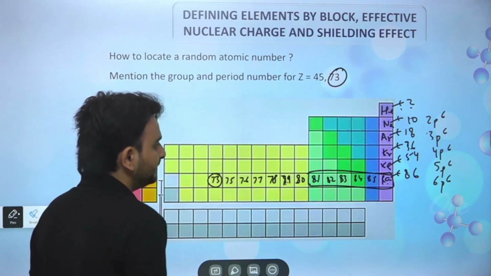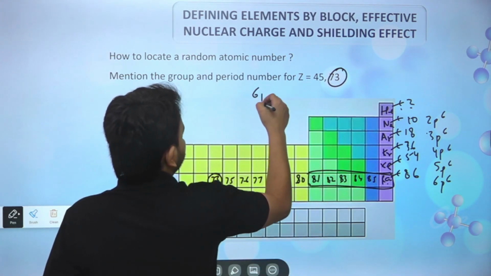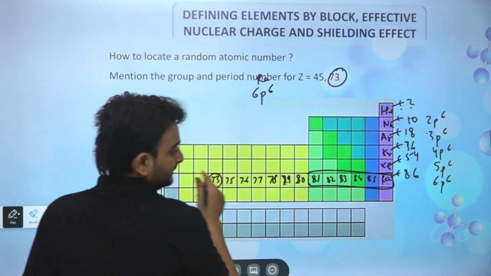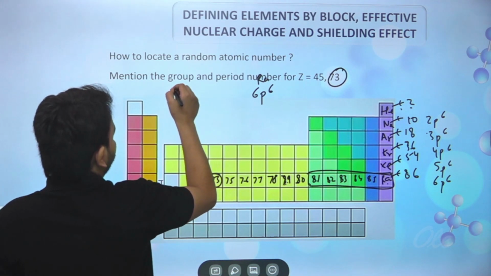It's definitely in the d block. Why will it be in the d block? Because if you notice, this radon is 6p6, the final shell. So before that, if you notice, guys, if we start from 6s2,